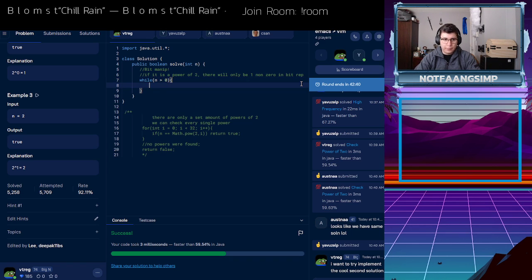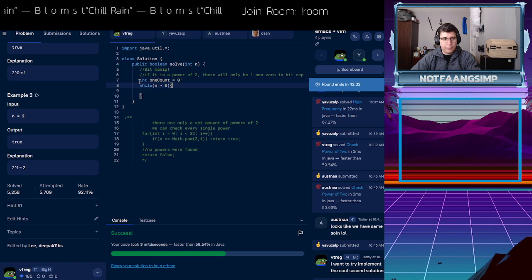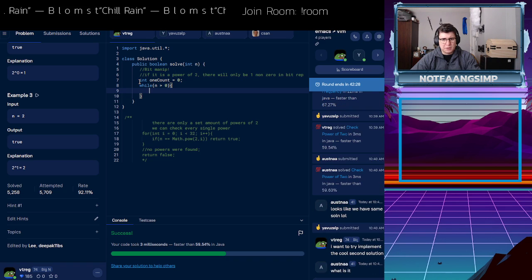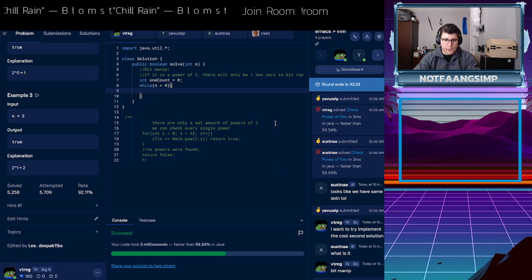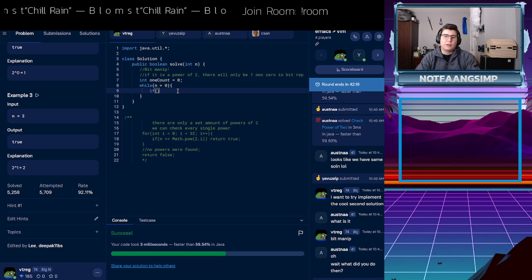0, we can keep track of a 1 count equal to 0. I don't think 0 counts as a power of 2 because 2 to the 0 is still 1. But what we can say is if,